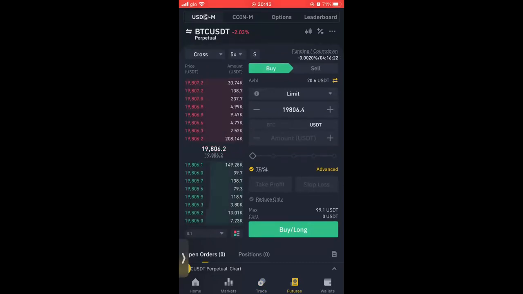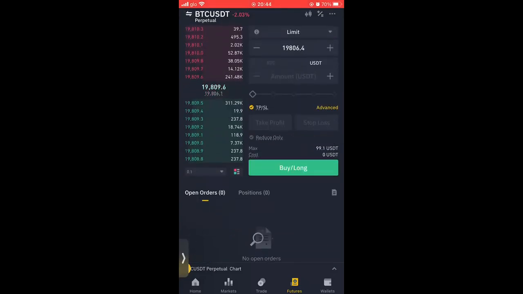So the left side of it is where we have the order book, the asking and the buying, the ask price and the bid price of the asset that you want to have. This red and green thing that is changing, that's the order book aspect. There's nothing you can do about that.